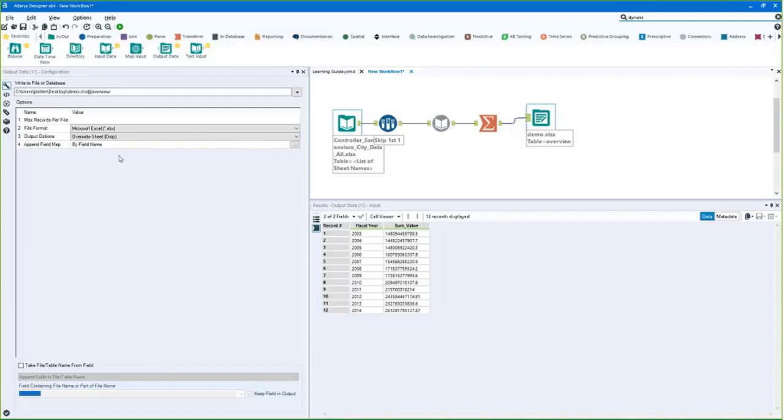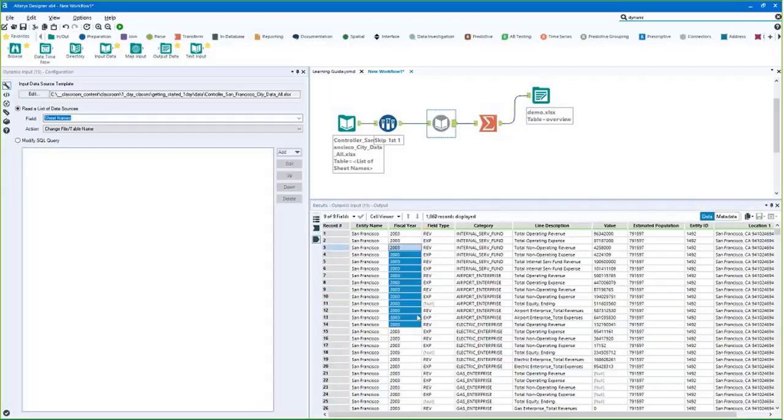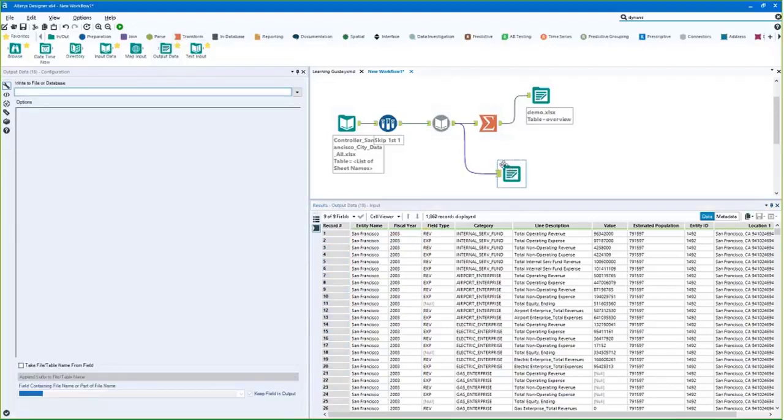output 12 files from this one tool. And why do I say 12? Well, let's say I wanted to create one sheet inside of my Excel workbook for the year 2003, the year 2004, the year 2005, so on and so forth. I could do that here. So I'll do it as an even more compelling argument down here before we summarize it, because there's going to be many 2003s. So I'm going to output each of these again,